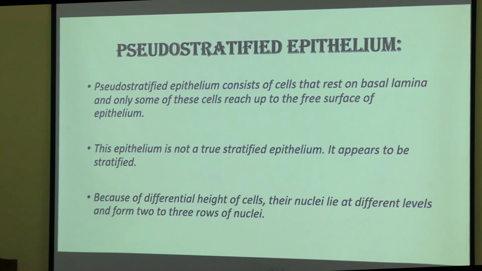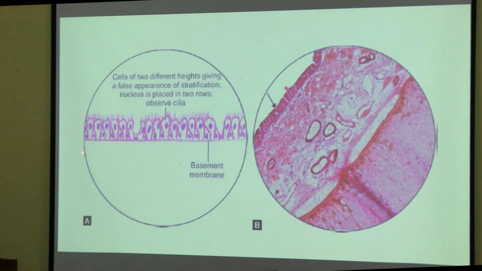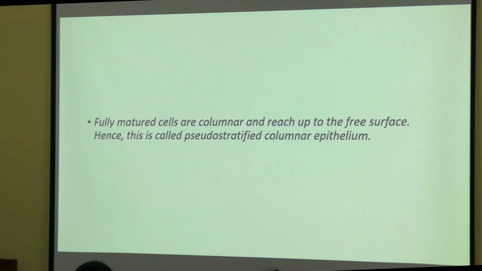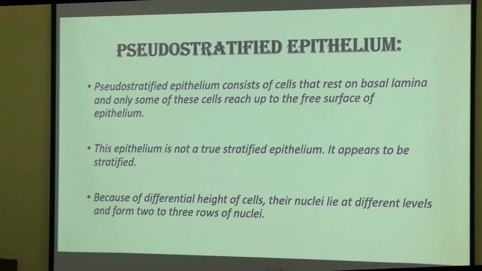Some of these reach the free surface of epithelium. Look at this. This one does not reach the free surface. बीच में जो है, this one also doesn't reach the free surface. ठीक है? This epithelium is not a true stratified epithelium. It appears to be stratified. And because of differential height of cells, their nuclei lie at different levels and form 2 to 3 rows of nuclei. ठीक है।